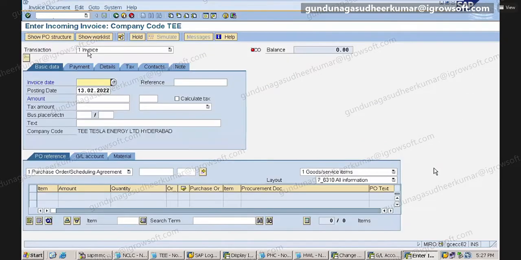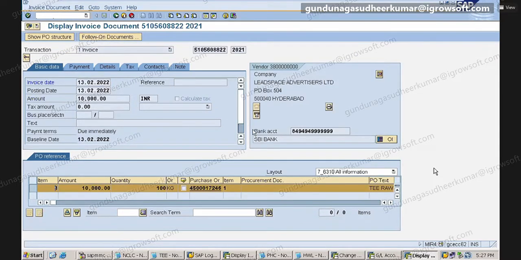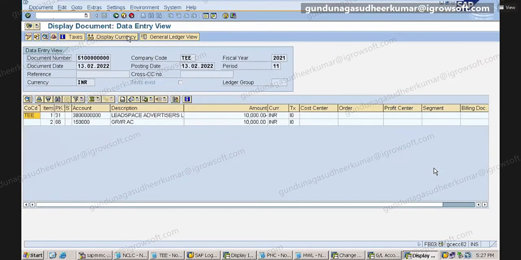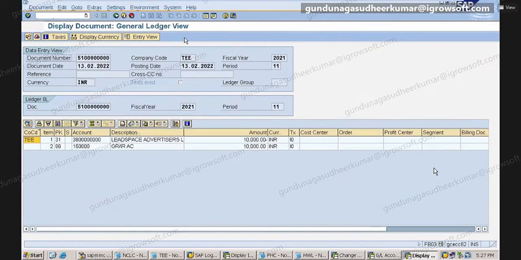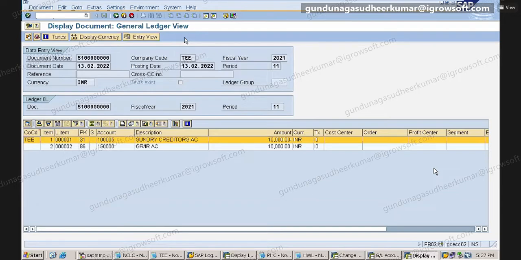Go to MIRO, invoice document display, follow-on documents. Can we see the general ledger view also? General ledger view is after display currency. Is it clear?